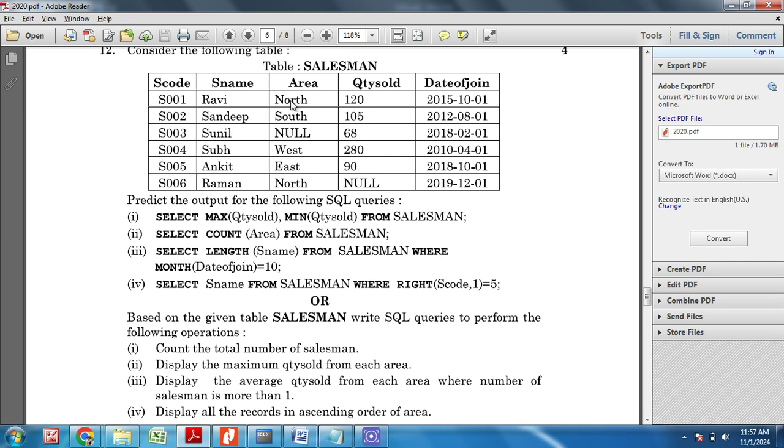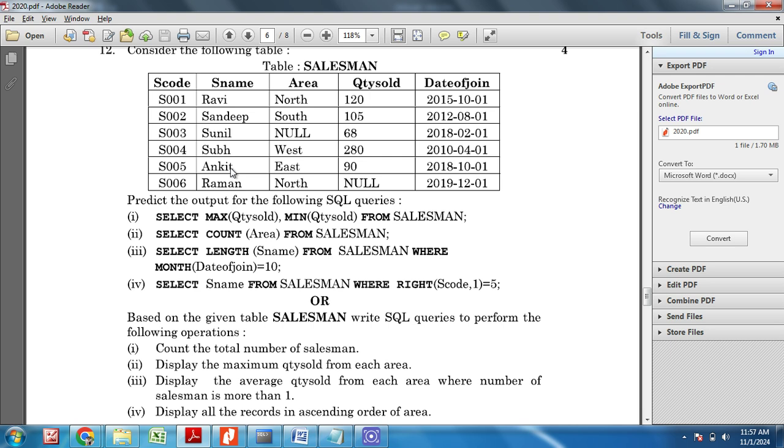In north area we have two salesmen, Ravi and Raman. In south area we have only one salesman, Sandeep. This is null area. For west area we have only one salesman, Shubh. For east area we have one salesman, Ankit.